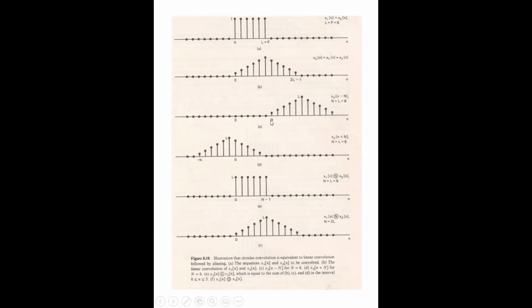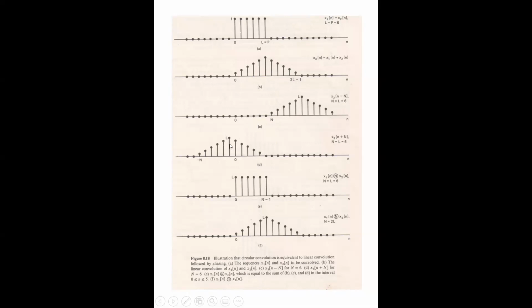And now we are going to look at x3[n minus N], where capital N is taken as equal to 6, so capital N is also equal to L equal to 6. So this is moved out by 6 samples. Earlier this had started from 0. Now it will start from sample 6. See how many samples are overlapping? The samples from 6 to 11 are overlapping.